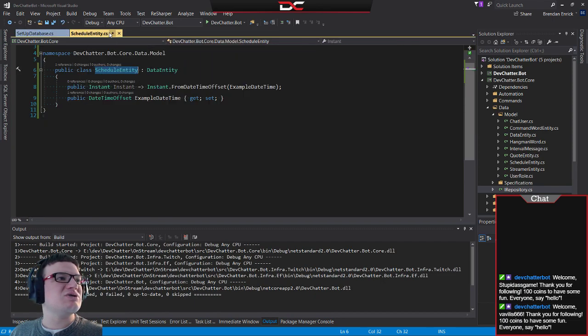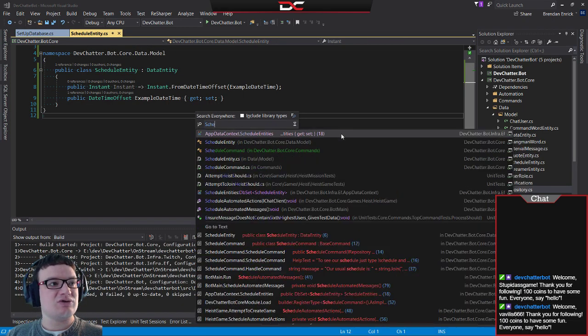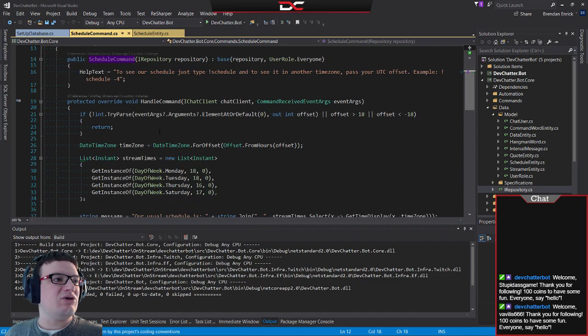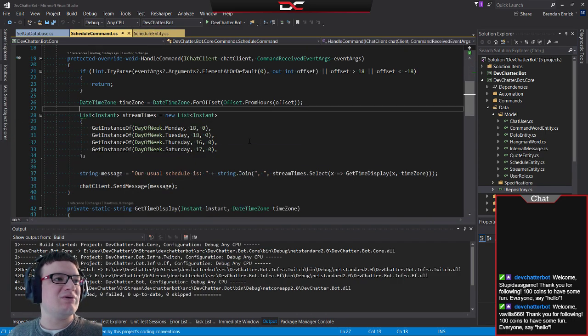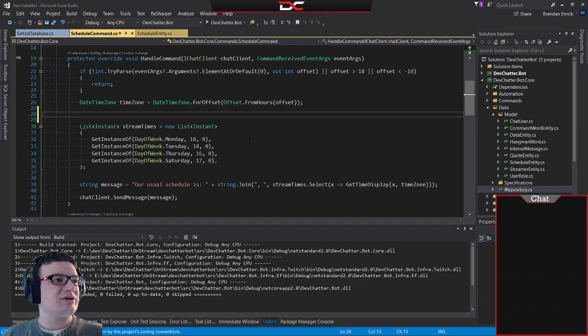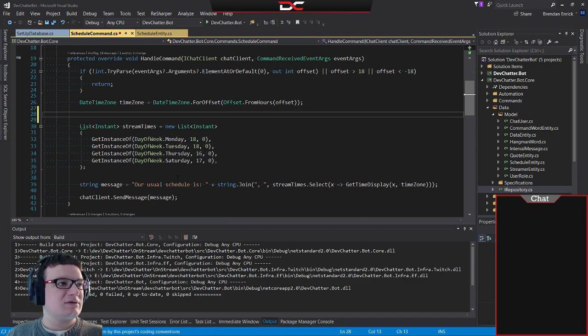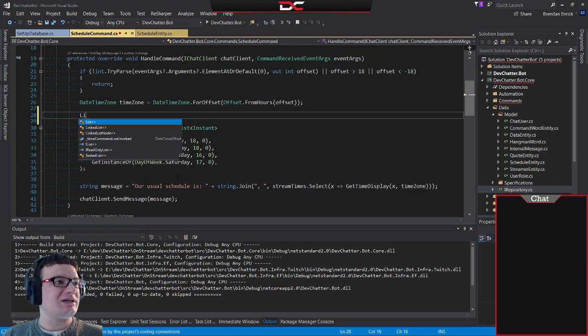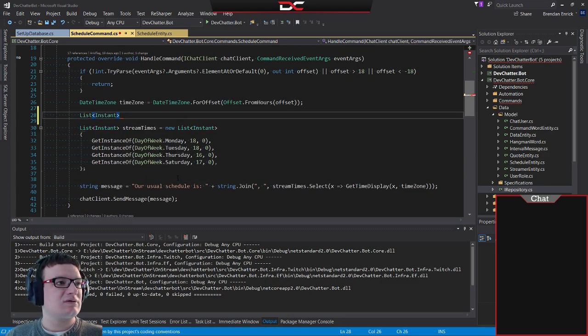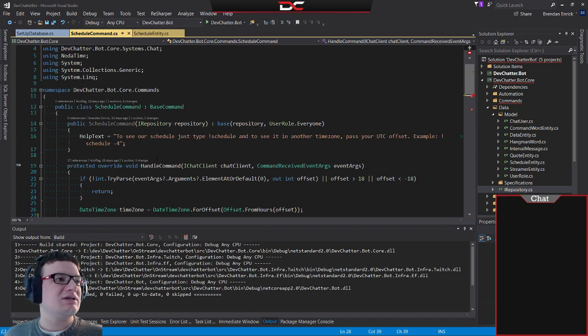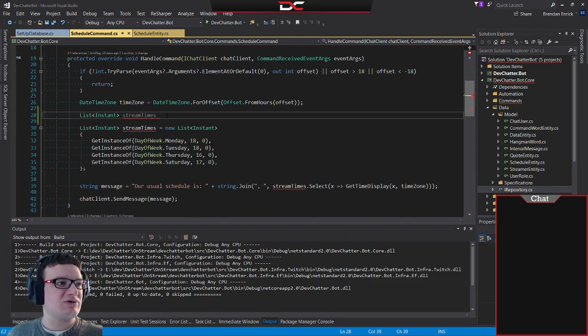If we go to the schedule command, which is somewhere around here, schedule command, I know I had it somewhere, there it is. I want to grab the stream times, so we're going to say, instead of pulling them from there, we're going to pull them from the database. So, list of instant stream times equals new. Equals underscore oh, I don't have the repository yet. We're going to add that to, oh no, I do. It's up there, and we passed it in, so it's actually repository. So equals repository dot list,